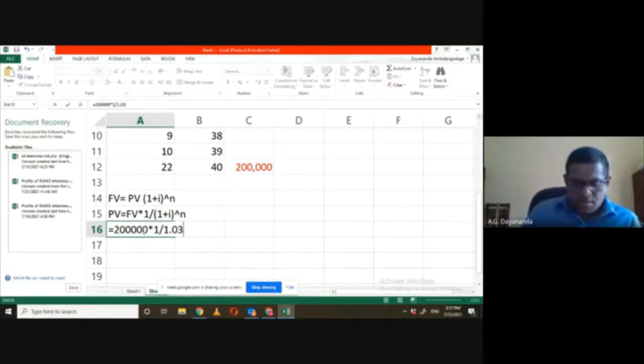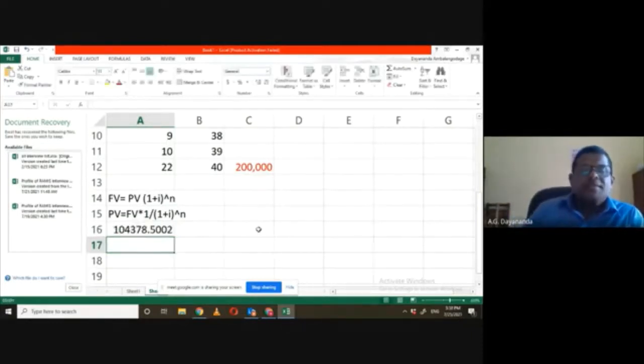Semi-annual. So we put the bracket because there is a little bit complex calculation. And we put here not 11 years but 22 periods, 6 month wise, not years, I'm sorry. So that's the answer. So thereby, if you want 200,000 on your 40th birthday, under the condition of 6% annual interest rate and compounding semi-annually, you have to deposit today